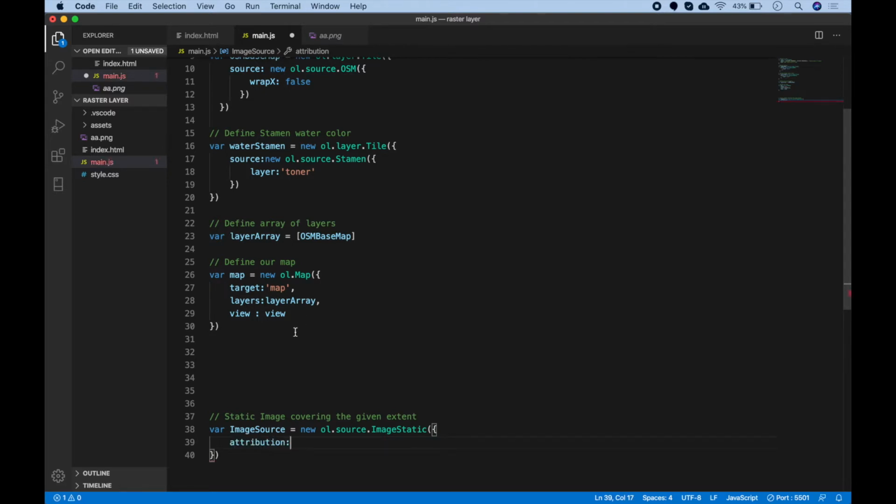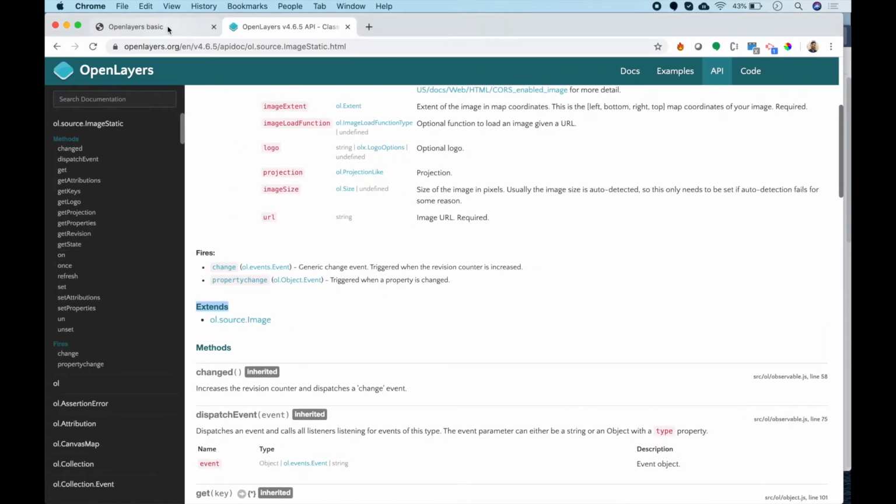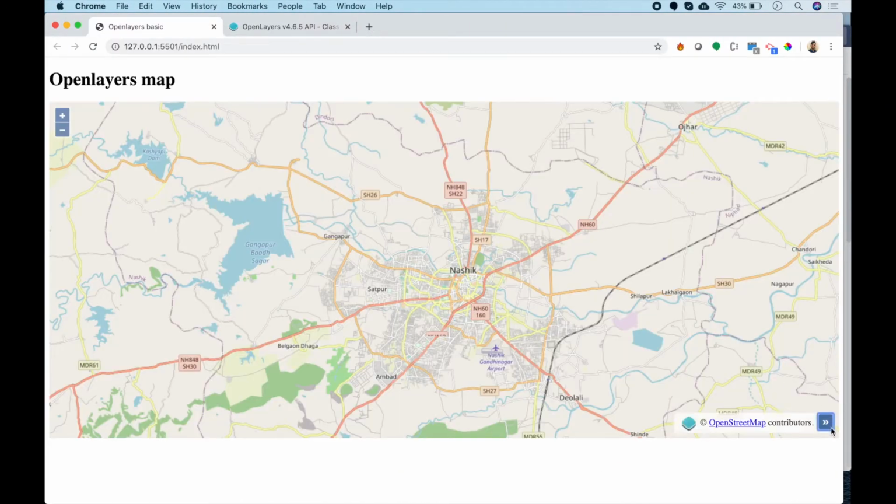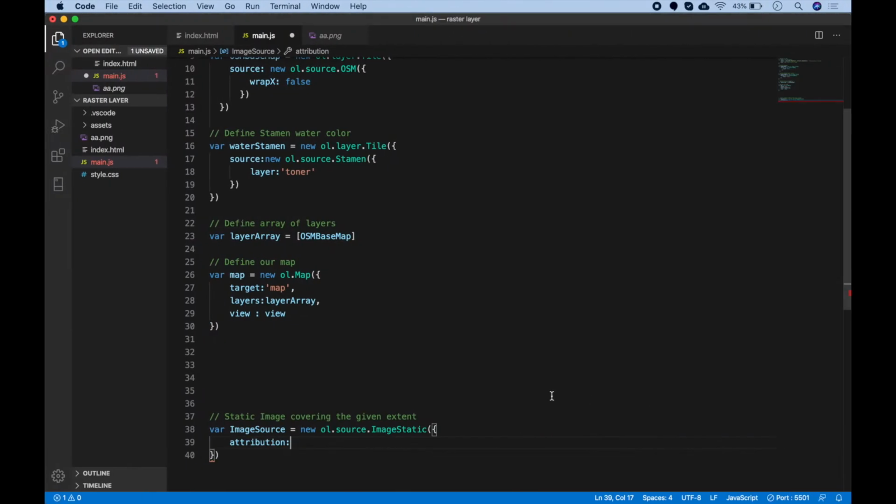Attribution is HTML code that you add, which you normally see here. So this is an attribution. So if I want, I can add attribution to my image such as Snapchat Bitmoji. Alright, and now I will pass the URL. So here we can see that my main.js and my png are in the same directory. So I can directly write aa.png,